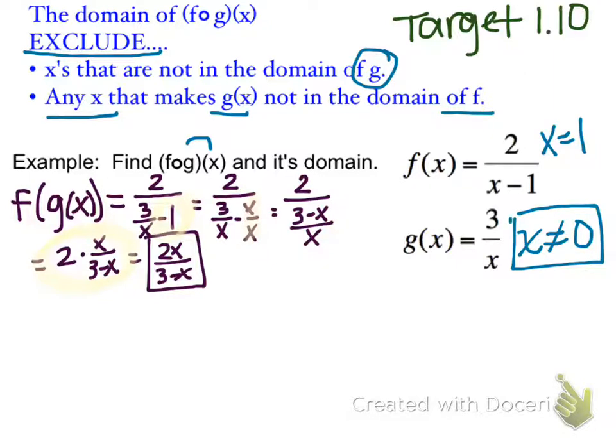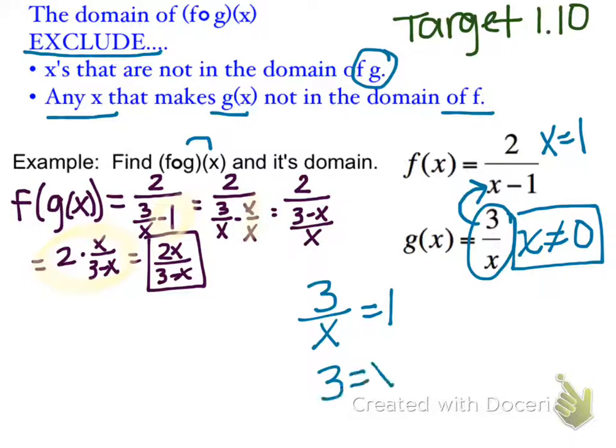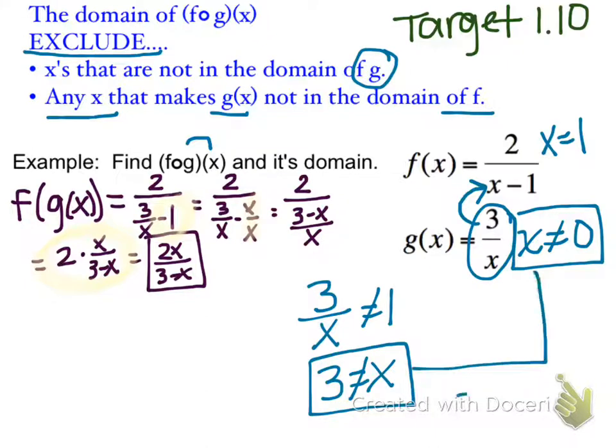Now remember, 3 over x is what's going into that x. So really what we need to look for is when does 3 over x equal 1. Whenever that happens, that's when we will have a problem. So when does 3 over x equal 1? Let's see. If I multiply both sides by x, that's where I get that x can't be 3, because 3 over x can't be 1. So now these are the two things we need to exclude